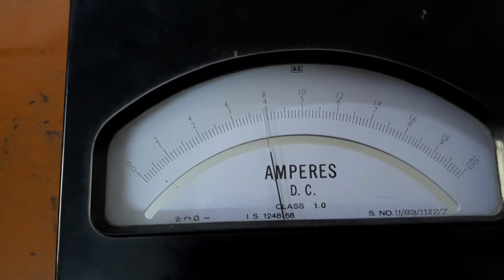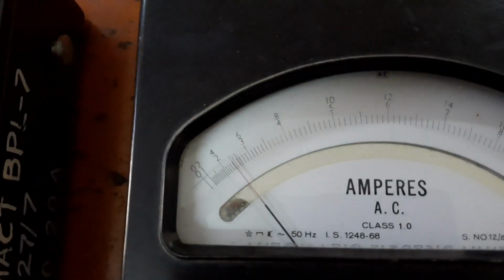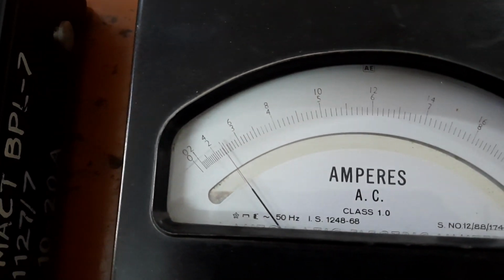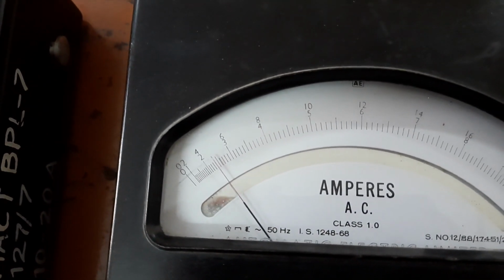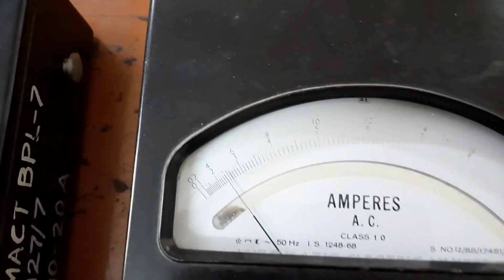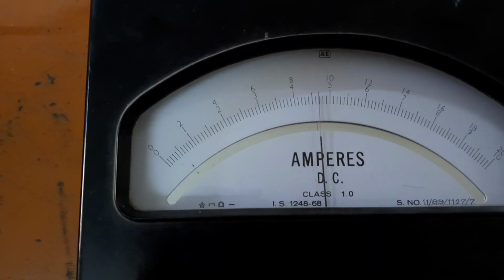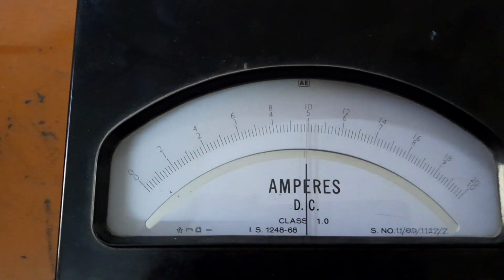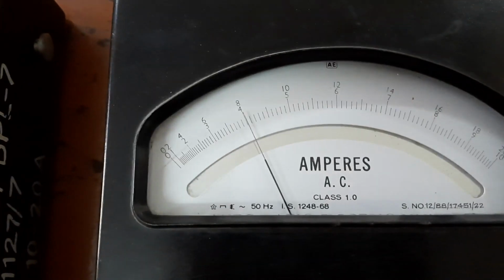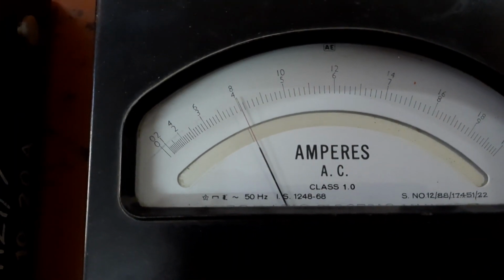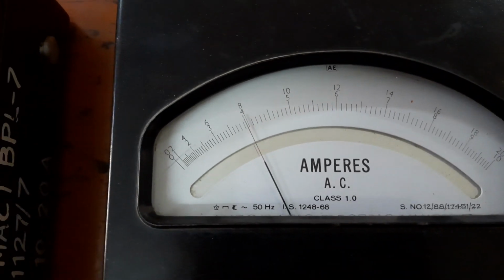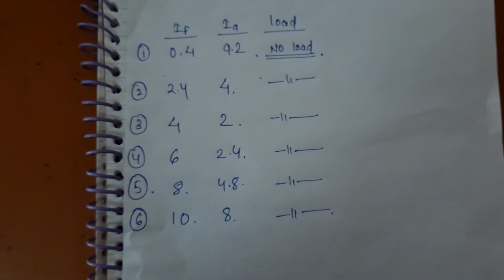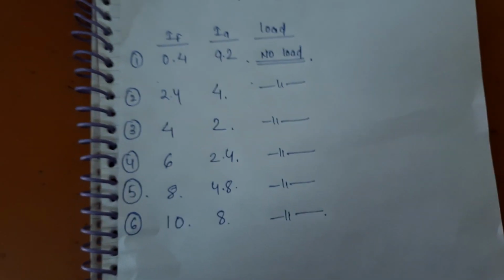We again increase the excitation. It will be approximately 8. Here we are getting the armature current of 4.8. Again we are going to increase the excitation current to 10. Here we are getting the armature current of 8. So now, with these readings, I am going to plot a curve between the